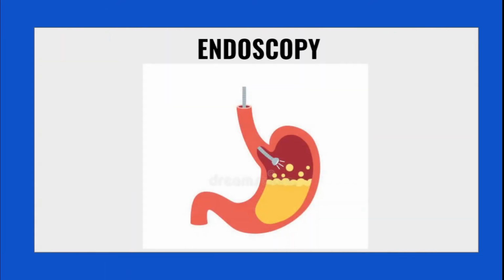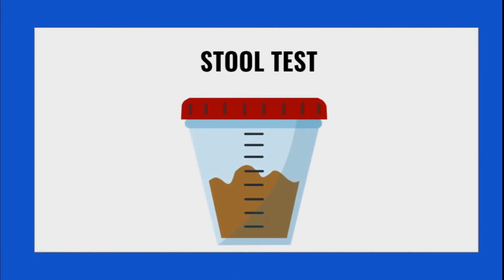Next is endoscopy. So endoscopy, we all know it is direct visualization of any injury or any disease or any invasion of infection. So in endoscopy, there is direct visualization of any inflammatory changes that are caused due to ulcers, or if there are ulcers, or if there are any other external lesions. So through endoscopy, there is a biopsy of gastric mucosa and any suspicious lesions. They obtain that and then they send this for the study. So endoscopy may reveal lesions that are not evident on X-ray studies because of the size or sometimes because of the location. Then there is stool test for occult blood, whether there is blood in stool. For that we have to check the stool.